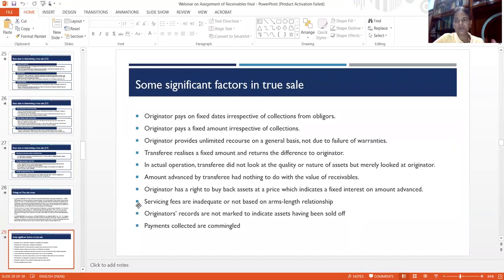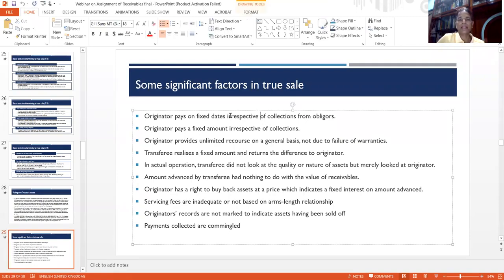But I cannot say that merely because one of these factors is present, your sale is not a true sale. This subjective question has to be judged by holistic circumstance. You need to see the totality of the transaction to see whether what you're doing is truly a sale or merely a financial contract. So first point, despite the sale, the originator continues to make payments on fixed dates irrespective of